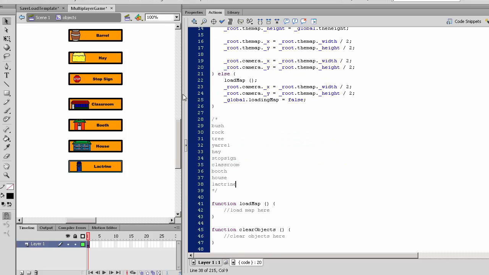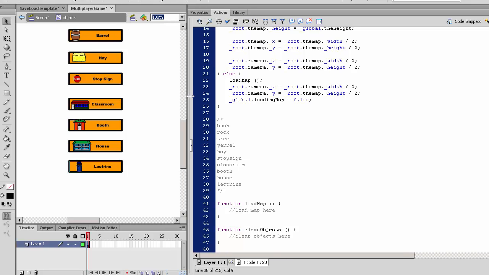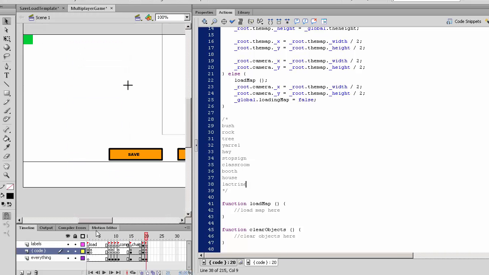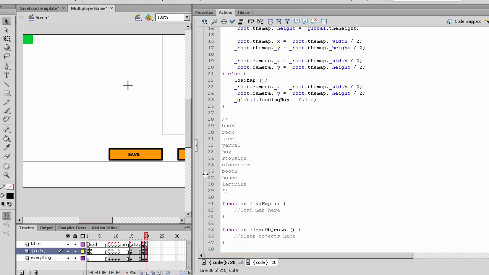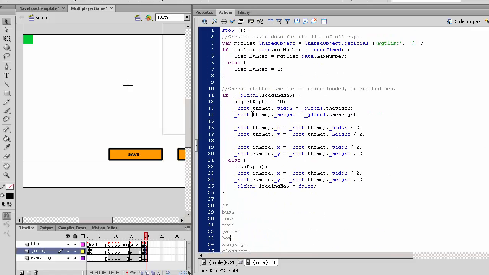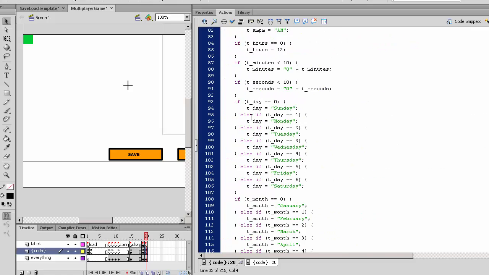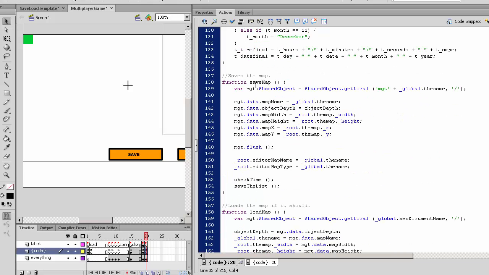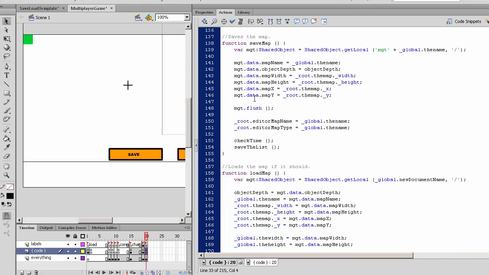Now that we have this list, we can go to saving it. So when we save the objects, and save the map, under where we set the x and y's,